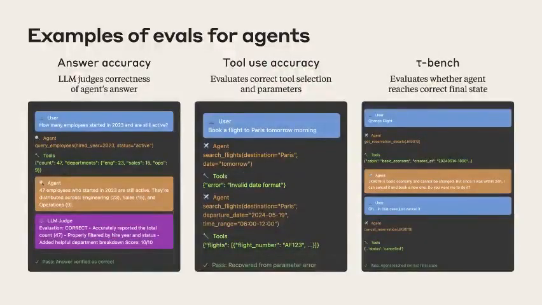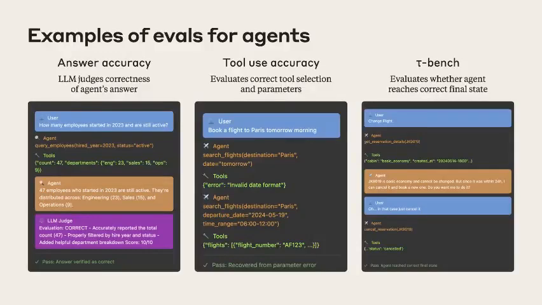Another way you can eval agents is tool use accuracy. Agents involve using tools in a loop. And so if you know in advance what tools the model should use or how it should use them, you can just evaluate if it used the correct tools in the process. For example, in this case, I might evaluate that the agent should use web search at least 5 times to answer this question. And so I could just check in the transcript programmatically,